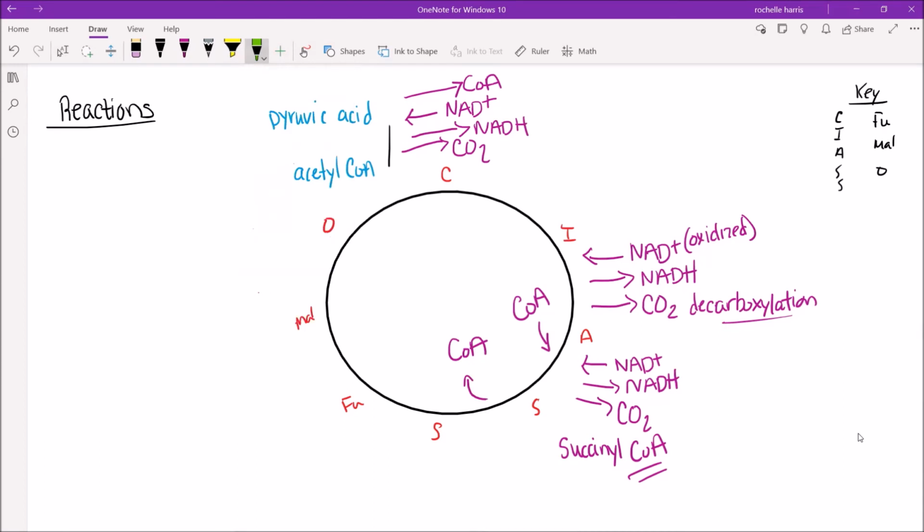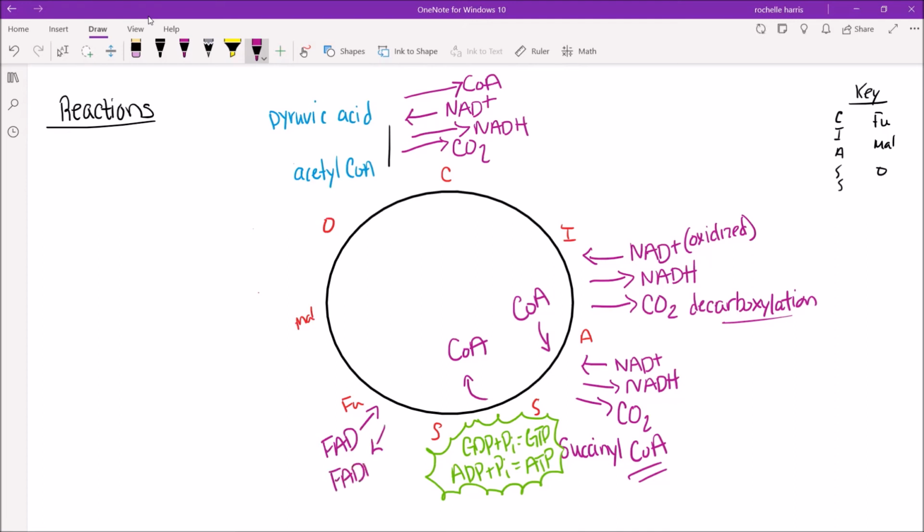We have GDP plus our inorganic phosphate group giving us GTP, and ADP plus our inorganic phosphate group giving us ATP. Between succinic acid and fumaric acid, we have FAD entering into the cycle